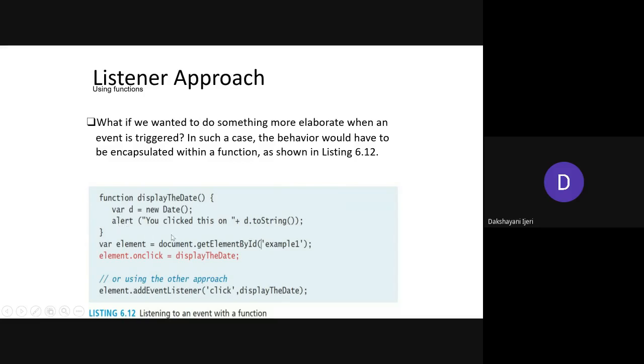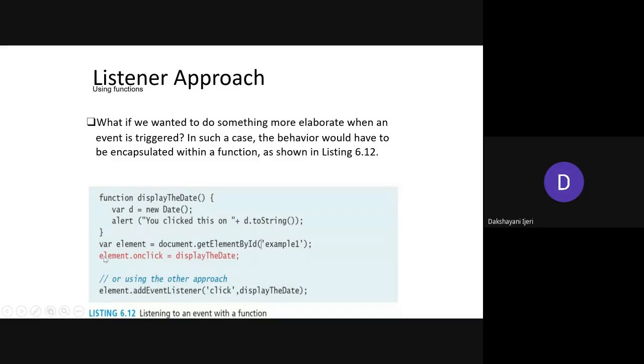So in this example, an object of the Date method has been created, with the help of which you are going to display the current date, saying that you clicked on this date. Whenever you click something, or probably this has been written for the click event, when you click on any element, it has to give the message of the current date. So let's see how we have done it here. Again, you need to access the element for which you want to perform this action, that is, on which part of the HTML this action needs to be performed. And you need to specify it with the ID over here.